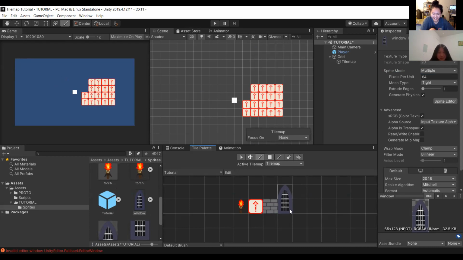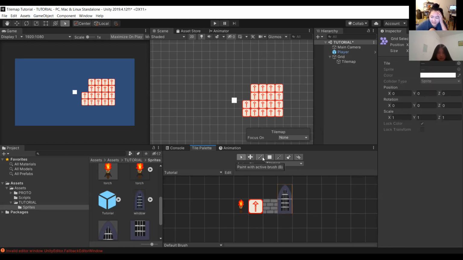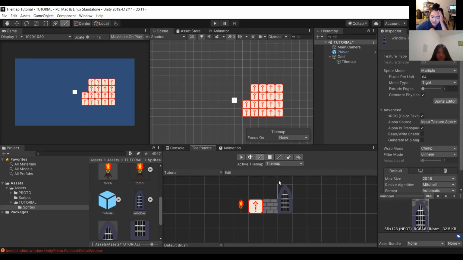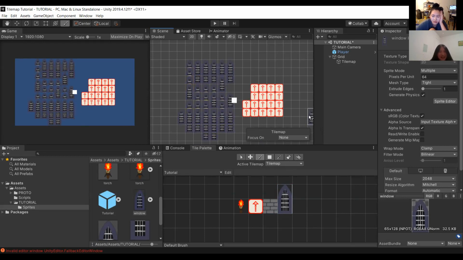Wait, my bad. I'm pretty sure you select them both with the mouse thing, and then your paintbrush will work as them, right? Ah, yes, never mind. You click and drag with your paintbrush tool, not your selection tool. So you want to click on the little paintbrush button. You want to click and drag until a blue rectangle envelops the entire window. And then now you should be able to draw the whole window into your scene. It'll overlap sometimes and it'll look hella jank when it does. But yes, that is how that works.